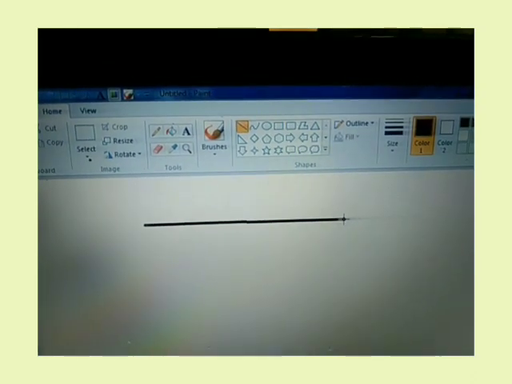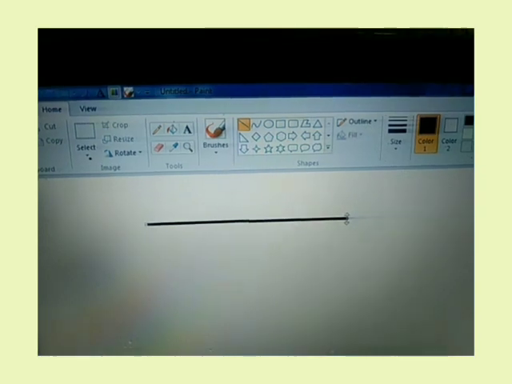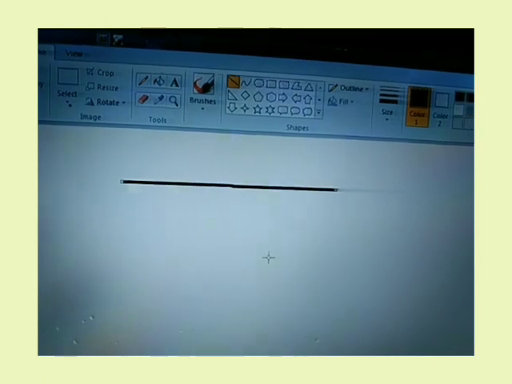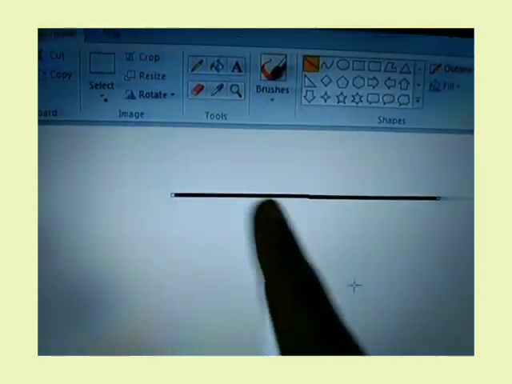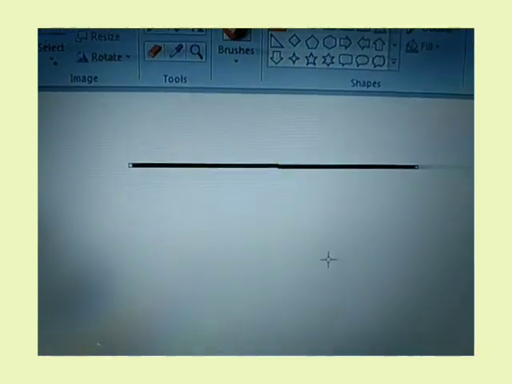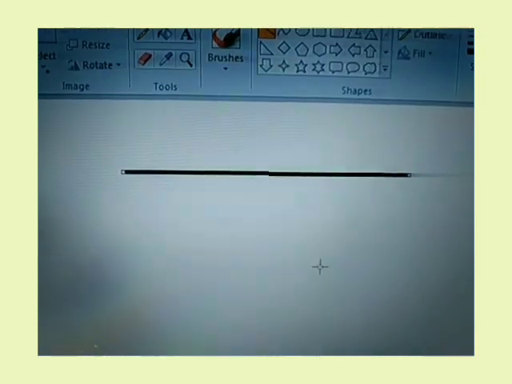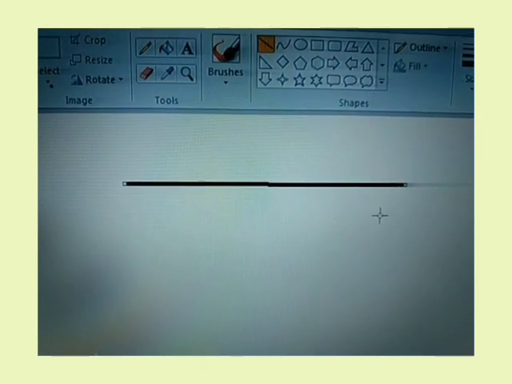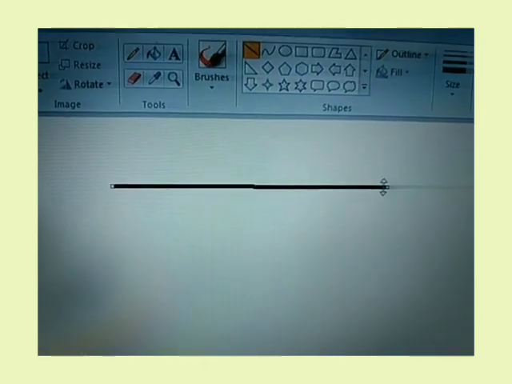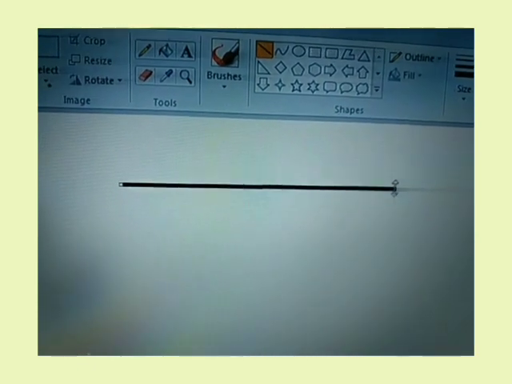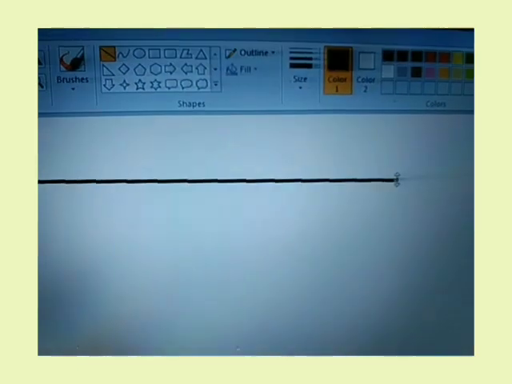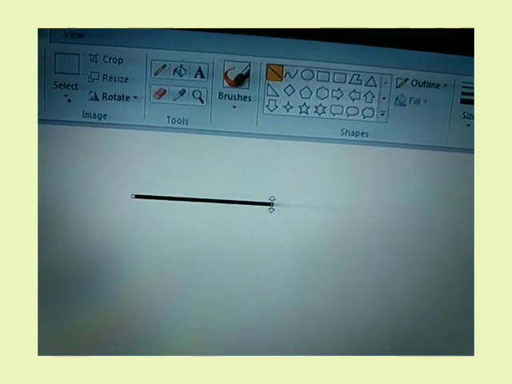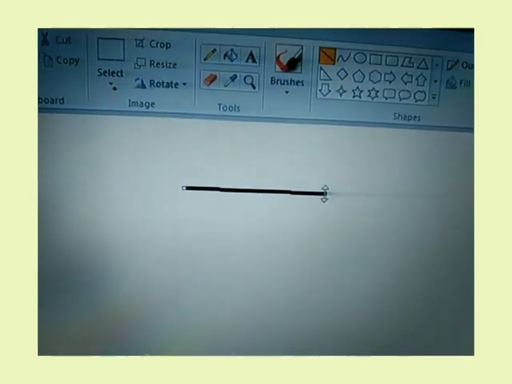Say I want the length to be this much, so I will release the left button of the mouse and it is shown that I have got this much of a line. Now you can see there are two small squares on the two ends. These squares show that I still have an opportunity to edit the line, to change the position of the line. When I take the pointer there, you can see up and down arrows. If I want, I can shift it upwards, I can shift it downward, I can drag it longer, I can make it shorter, I can do all those things as long as the boxes are there on the ends.